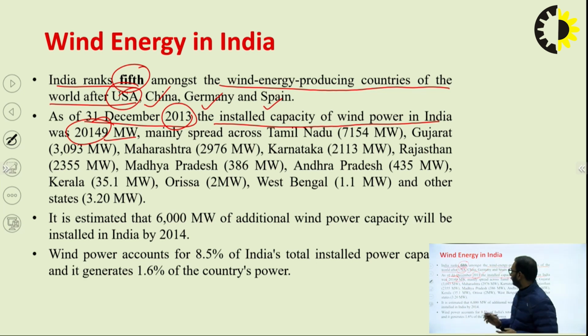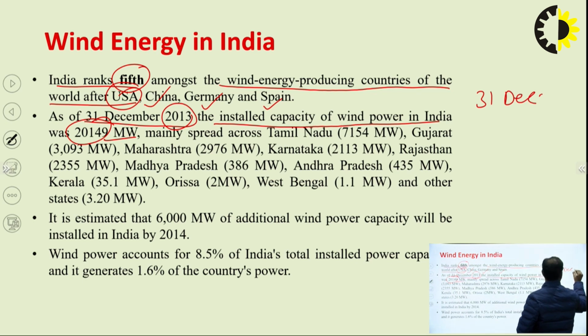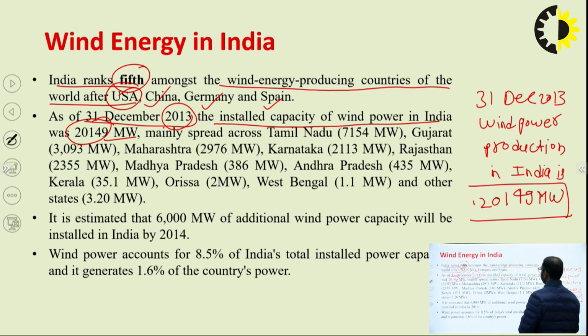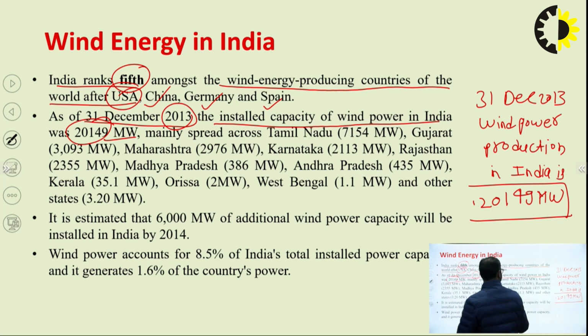Okay, means as of 31st December 2013, wind power production in India is 20,149 megawatt, and it is mainly